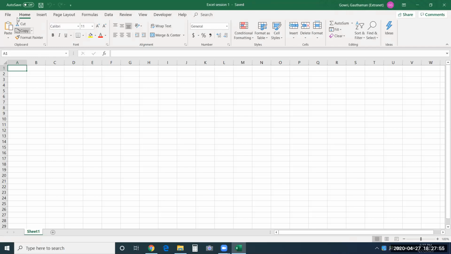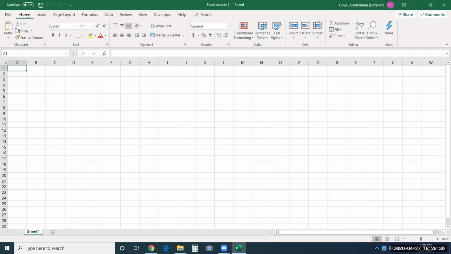And the next thing that you see here, the gray strip that you are watching now, this part is known as the ribbon. From the 2007 version, you are able to see this ribbon part. Prior to that, if someone has been using Excel since very old days, they will know in 2003, there were huge drop downs to choose from. From there, you had to access the commands. Now you don't have to worry about it because all commands are spread across this ribbon as small icons.